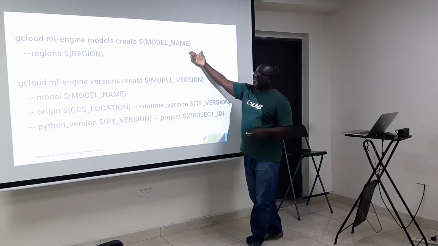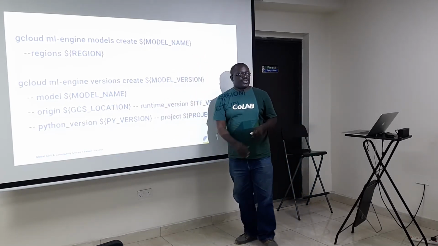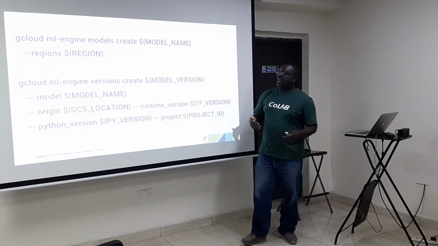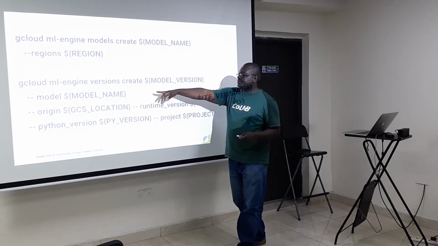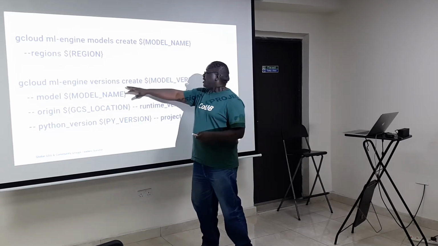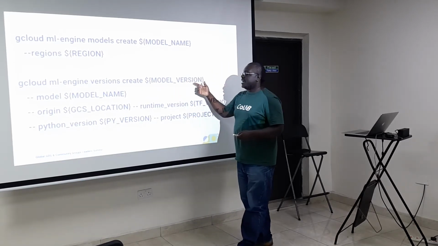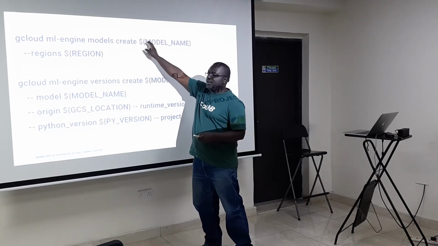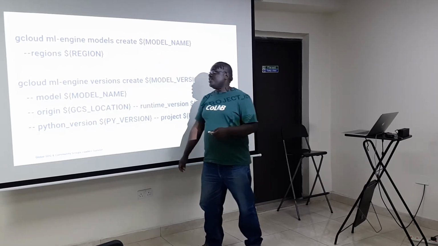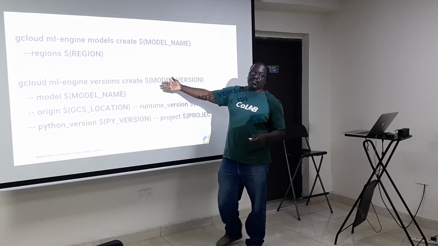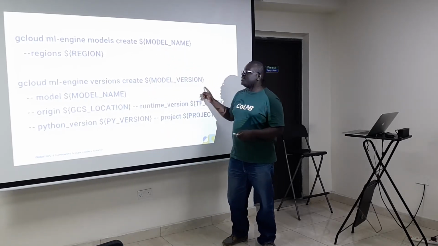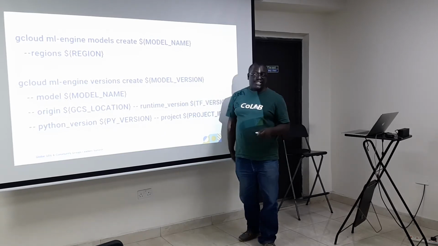And once you've created a model, you can then deploy versions. So that saved model that you exported is actually a version. And so you can create a version, and you can specify the name of the model version. You can specify the model name, which is the name of the model that you created here prior. So if this is like a version 2, you don't need to do this. You just run this and give the model a different version.